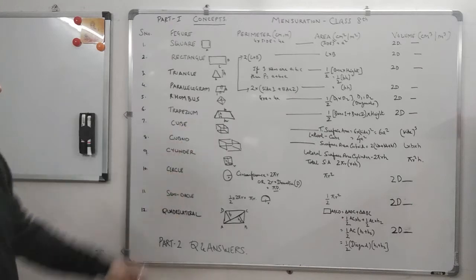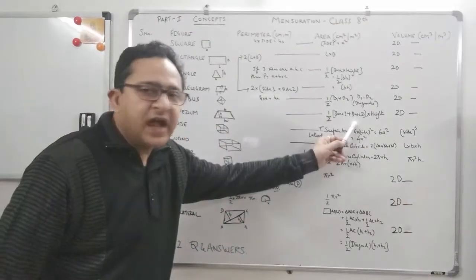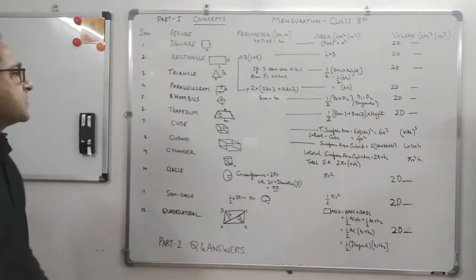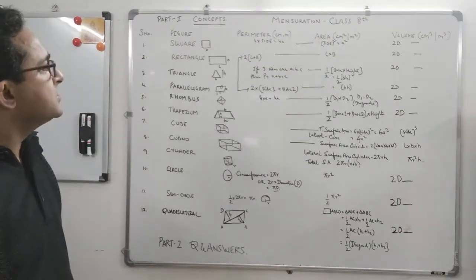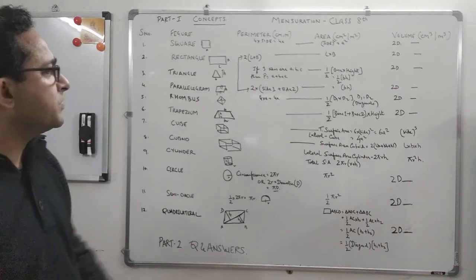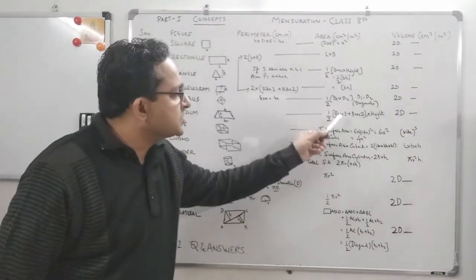So when we make a trapezium, we will have different bases, right? So base 1 plus base 2 will be added. Half of base 1 plus base 2 into height. So what is the trapezium area? The area of the trapezium is important, the perimeter is not important in this. You add the bases and take half of base 1 plus base 2